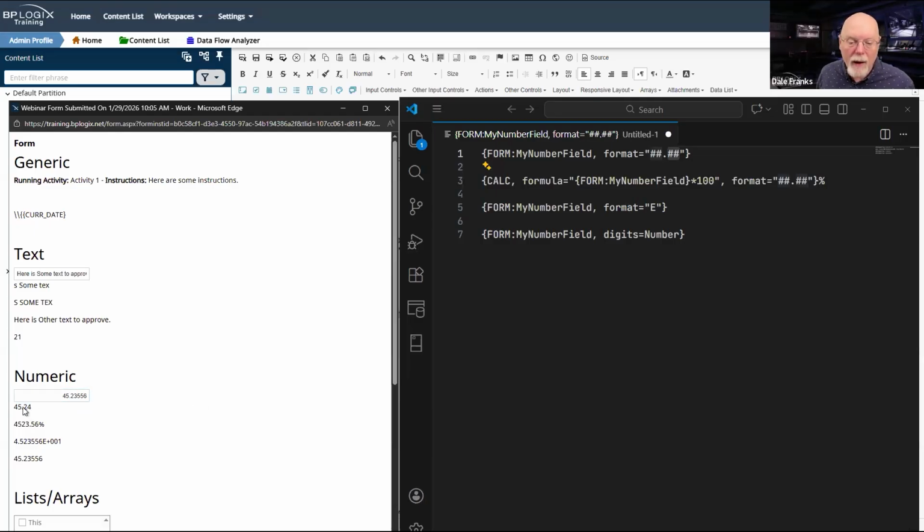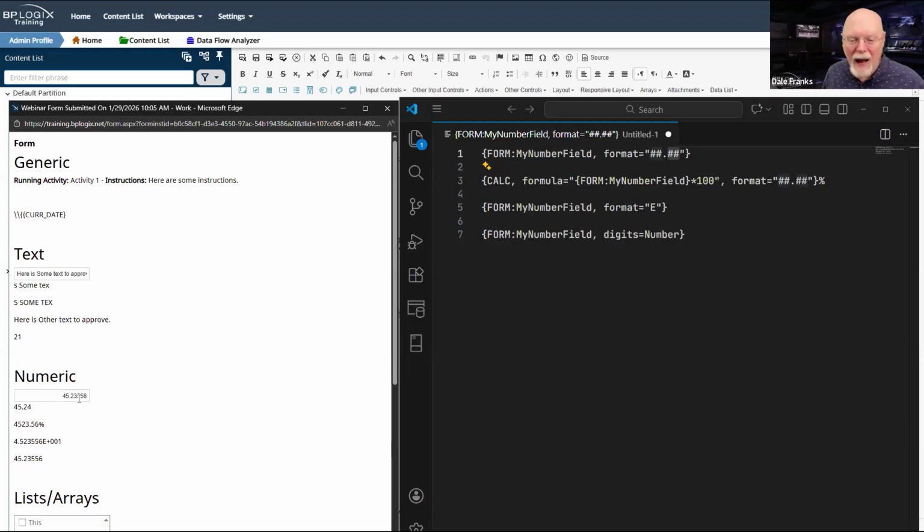So therefore, it will just round it to 24 instead of 23. So this is something you do need to watch out for if precision is important to you, because the rounding just takes place automatically. It's there to help you.